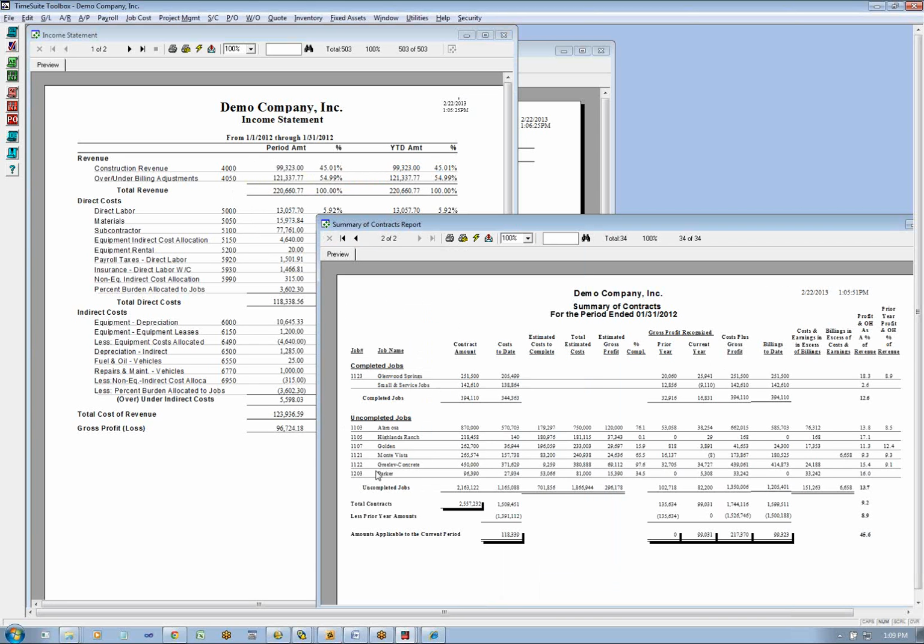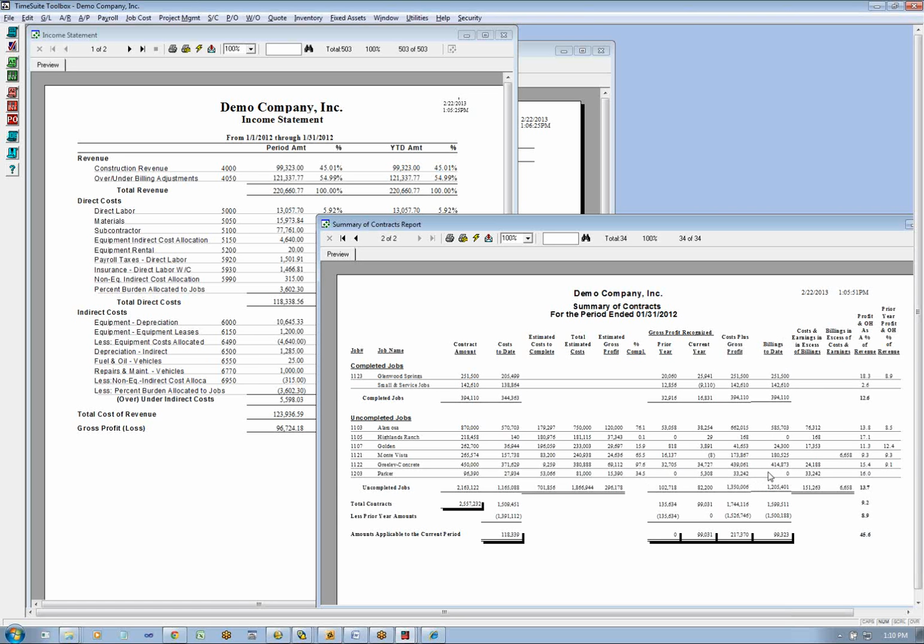With a construction project, let's look at this Parker job. As of January 31st, our cutoff, we have a contract amount of $96,000, and we have our cost to date, $27,000. And we've got some estimated cost to complete and a total estimated cost, and we expect to make that much money on the job. Right now we're 34% done, the 27 divided by the 96. So we're 34% into this project, and we look at what we billed on the job, and we billed 0. Not uncommon, we started the job maybe in the last week of the month, and we weren't able to bill it. So we incurred a bunch of costs, but no billing.